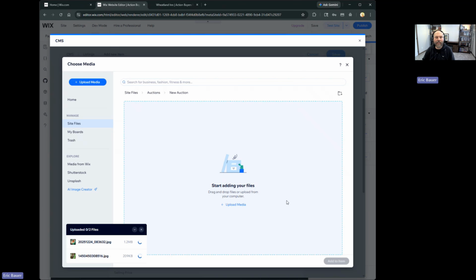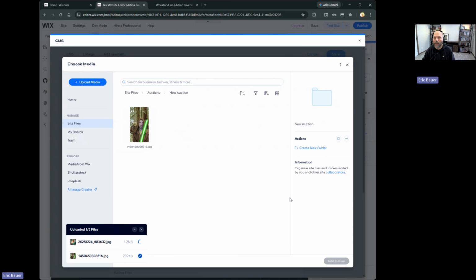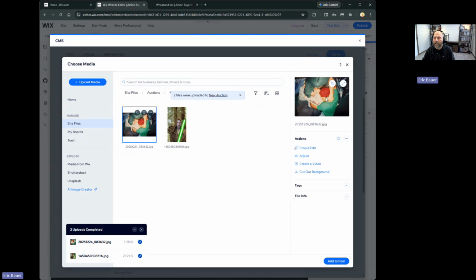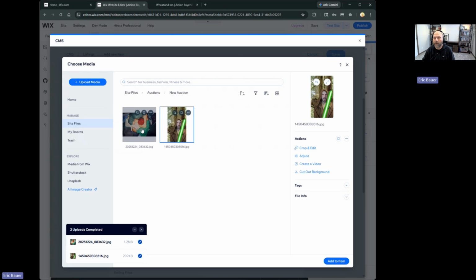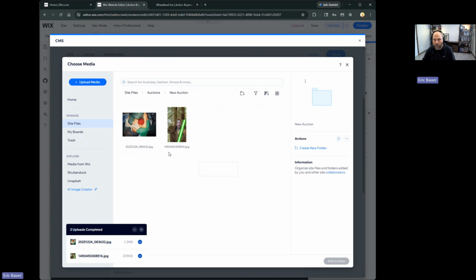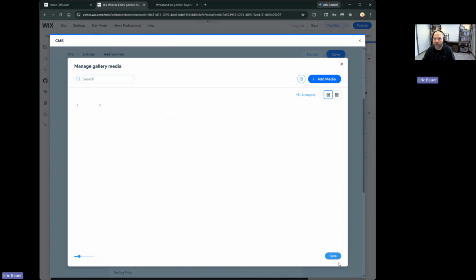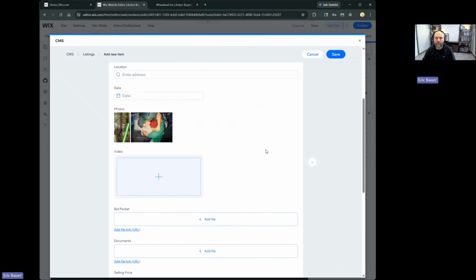So we're going to upload these two, right? So now we've got Eric and Rachel taking a nap, and Eric is a Jedi, right? So these are the two auction pictures. So okay, great. So what you can do, you can select multiple. So I'm going to select this one, and I'm going to hold Control, and I'm going to select this one as well. I think you can drag and grab, or you can drag and scroll over as well to select them, one or however many you have. And I'm going to go Add Items, and then I'm going to hit Save,